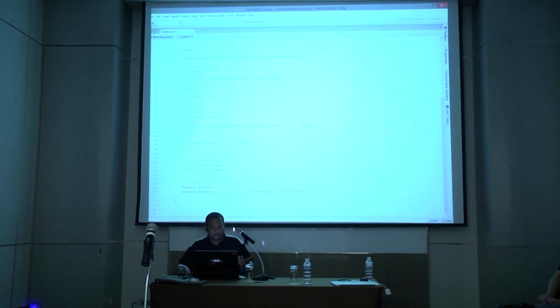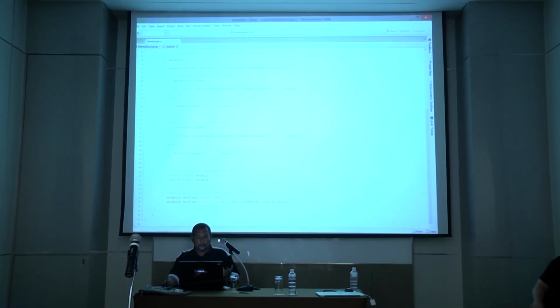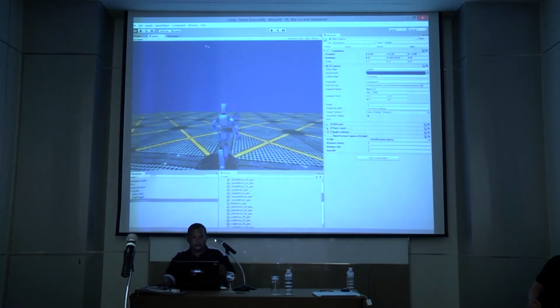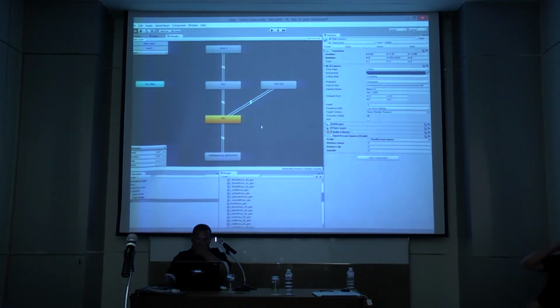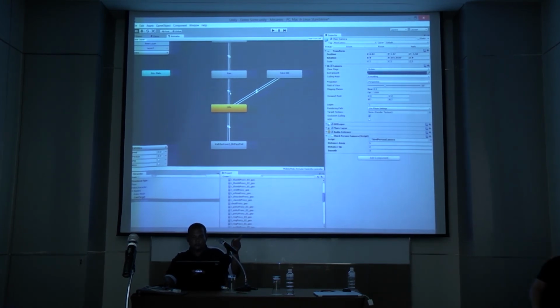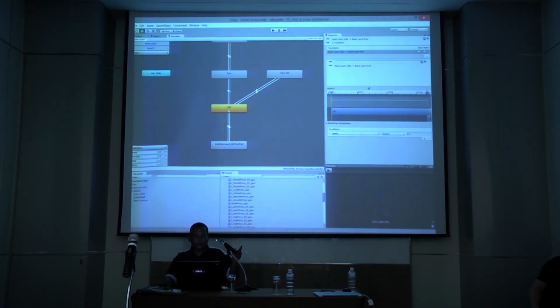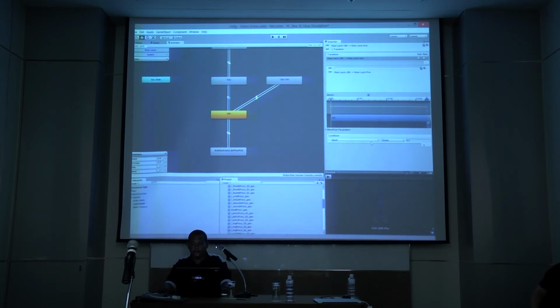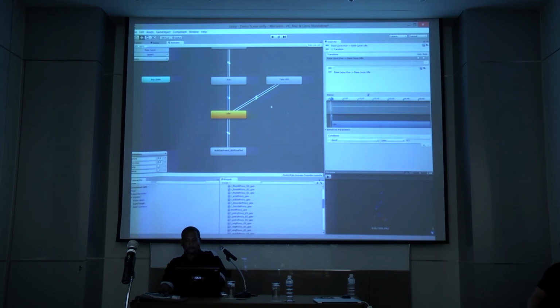So how do we make this thing work? Very simple. In the state machine here, you'll see that from idle to run, I have this transition, and what I do is I create a parameter here called speed. So in the condition over here, I use the parameter that says if speed is greater than 0.1, then you start the run animation. If speed is less than 0.1, you go back to idle. And the speed is coming from,